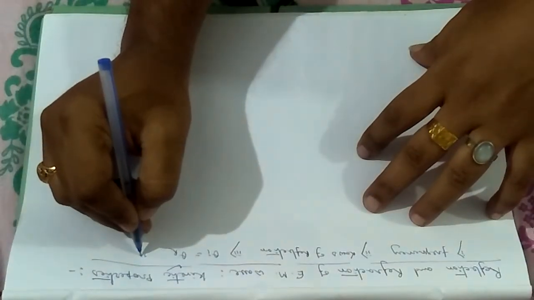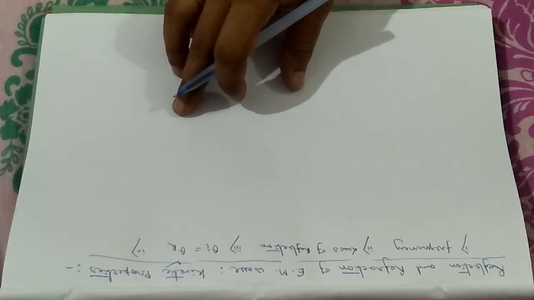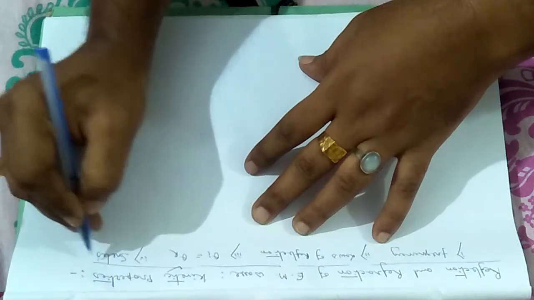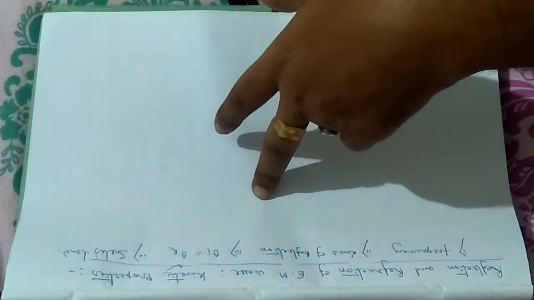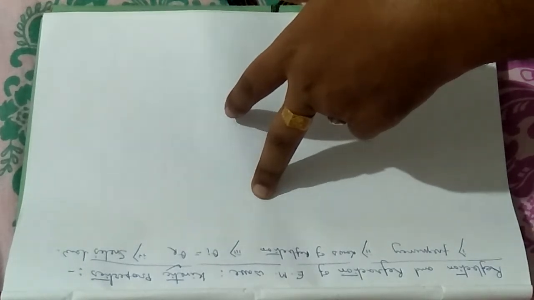And finally, as a fourth law, we will try to prove in the kinetic property that the electromagnetic wave obeys Snell's law. That is, the ratio of sine of the angle of incidence to sine of the angle of refraction will be equal to the refractive index of the medium. The fourth, we will try to prove Snell's law. So now let us proceed.